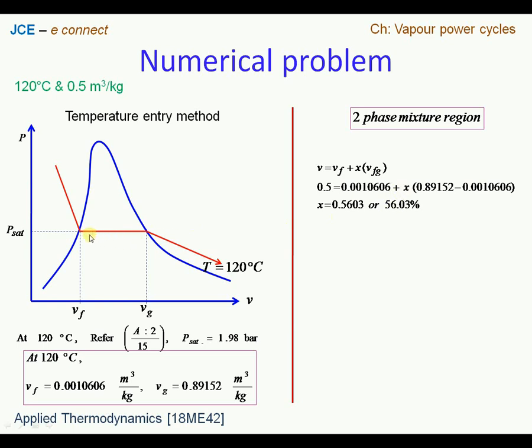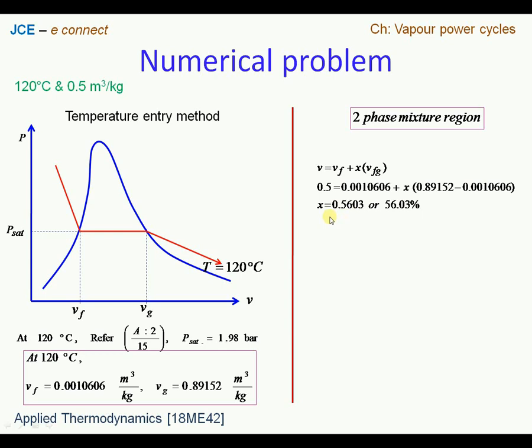That means on this saturation line, if point Vf denotes a scale of 0 where X is equal to 0, and as the system proceeds, this X value will keep increasing, and as it reaches the dry saturated condition, the X value will become 100%. So here the value we got is 56%. That means it is somewhere just above the midpoint, somewhere here. So that is about the dryness fraction.